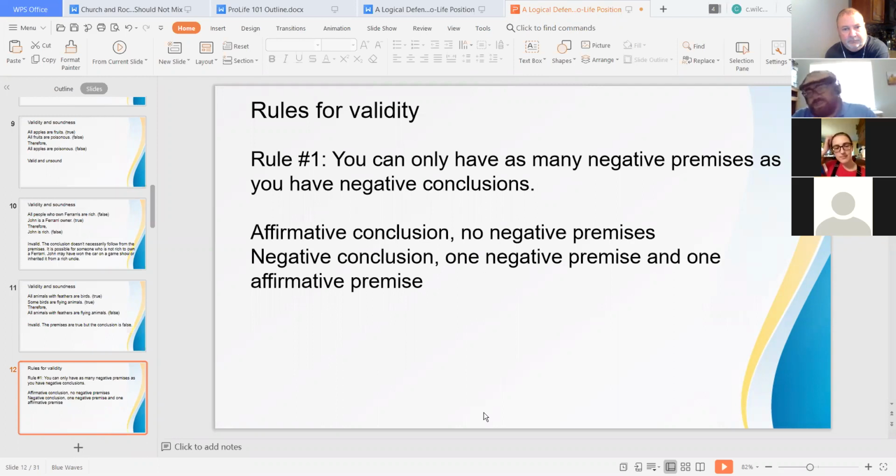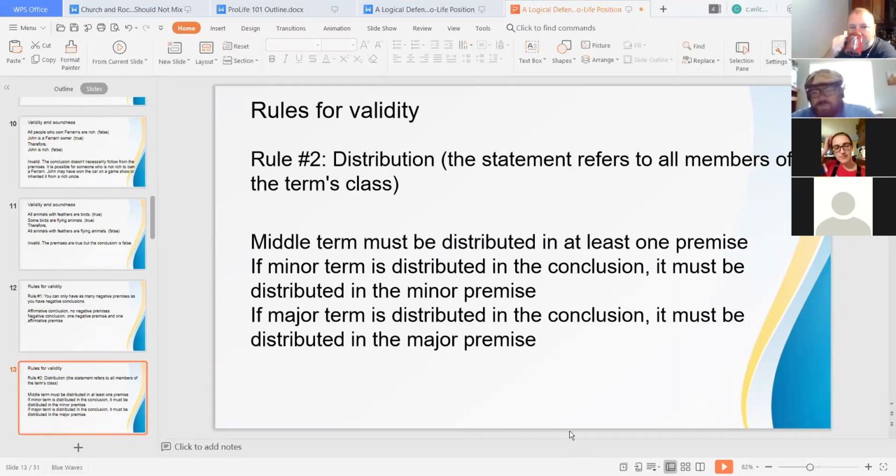So if your conclusion is affirmative, you cannot have any negative premises. If your conclusion is negative, you can have one negative premise and one affirmative premise. And so because there's only one conclusion, you cannot have two negative premises. So one of your premises must always be affirmative. And then rule number 2